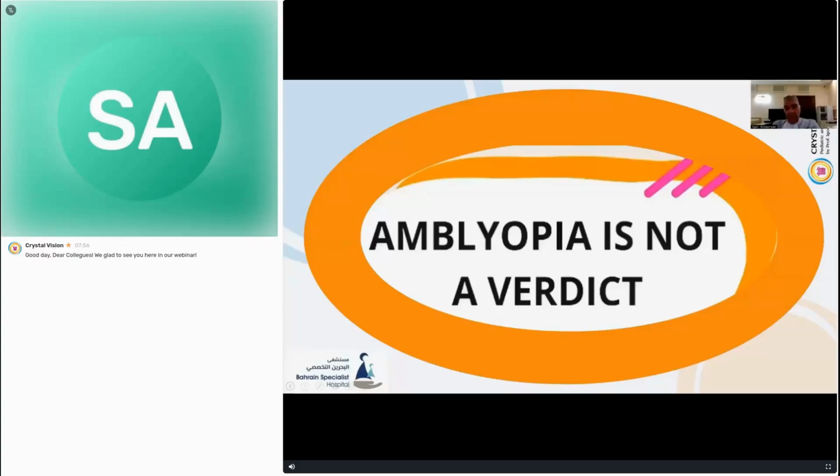Yes, amblyopia can be treated, and the techniques we use for treatment allow for the treatment of not only children, but also teenagers aged 15, 16. The oldest patient whose vision we managed to improve was 32 years old. His initial vision was corrected to 0.4, and we improved it to 0.8. Later, we performed surgery to eliminate his ametropia, removed his glasses, and he happily walked around without them.